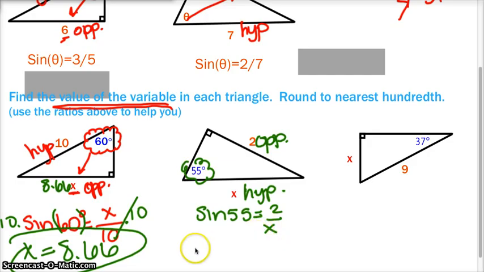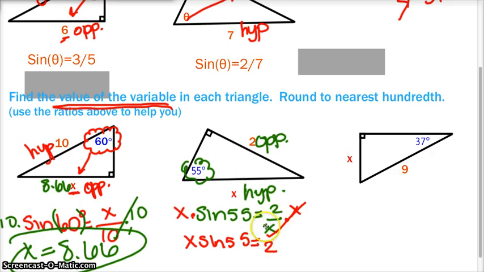The difference between these two problems is in the preceding one, the 10 was in the denominator, so we multiplied both sides by 10, and x was left on its own. In this particular problem, I do realize that the x is already in the denominator, but let's go ahead and solve it the same way. If I can get the x out of the denominator, I undo division by multiplication. This problem isn't any more simple yet,